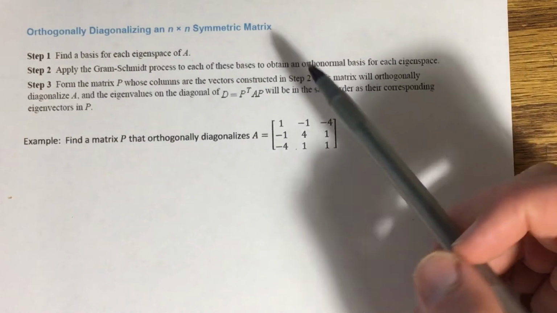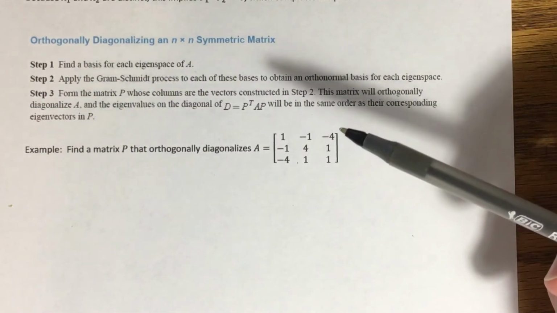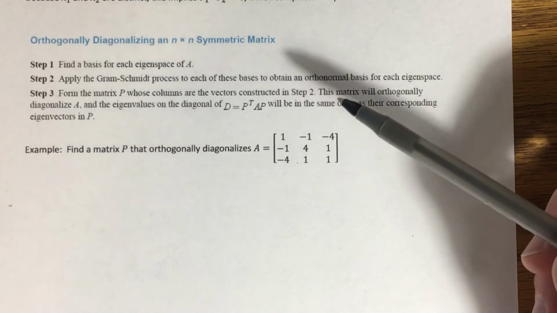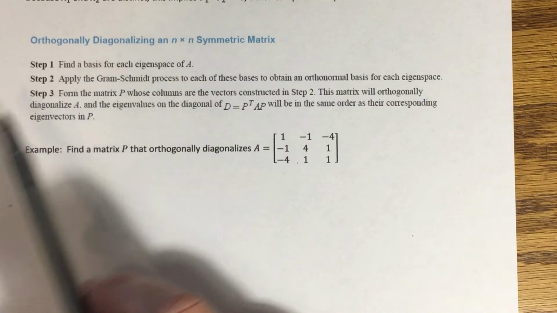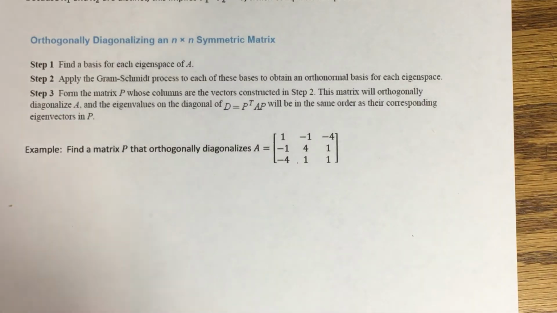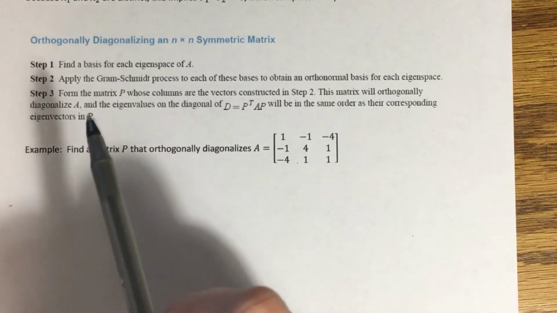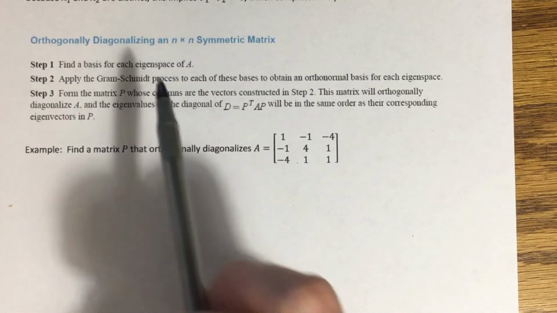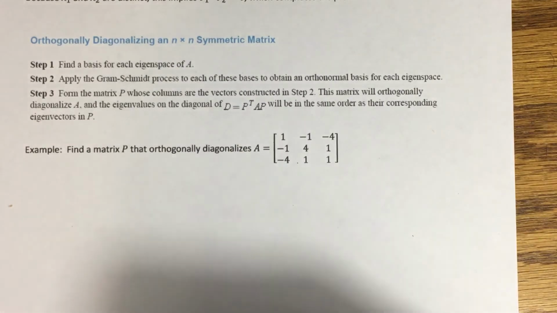Remember, if matrix P is orthogonal, then its columns need to form an orthonormal set. So what we do is we still take all of the basis vectors that we found in step 1, toss them into a set, and then, back that up. We don't put them into a set right away. What we do is we perform the Gram-Schmidt process to each of those bases